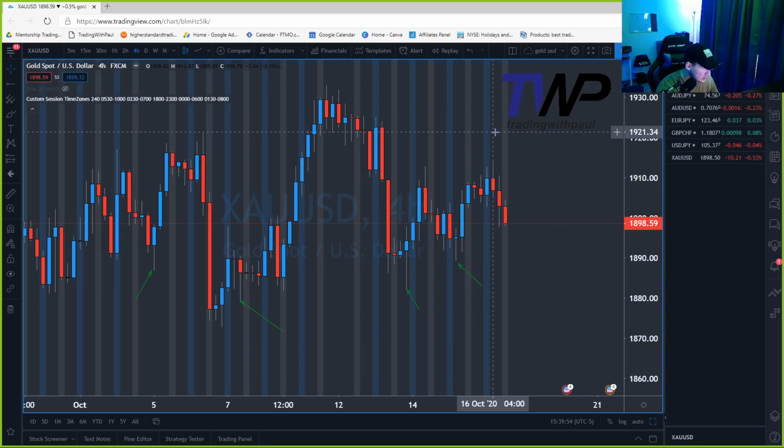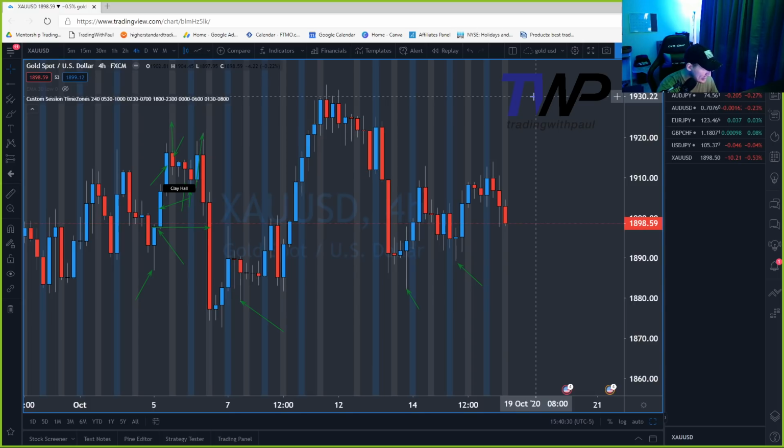But look at this too. If we go back to this one here, this would have been your entry right here. Now look at this next candle. Is there any sign of rejection in this next candle? No. Next 4 hours, is there really any sign of rejection there? No. A little bit right here, but there's not a tail. We're looking for a tail like this. You don't see that there, and then you start getting the pattern again to the buy side.